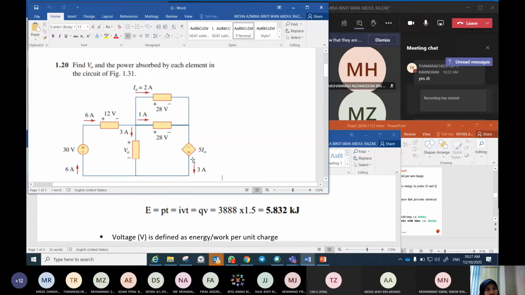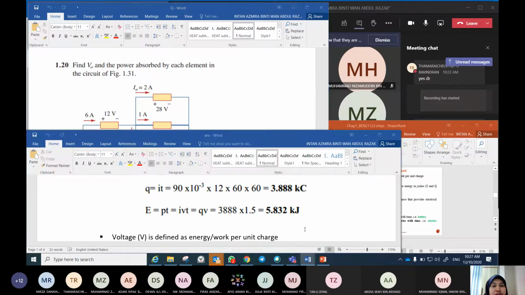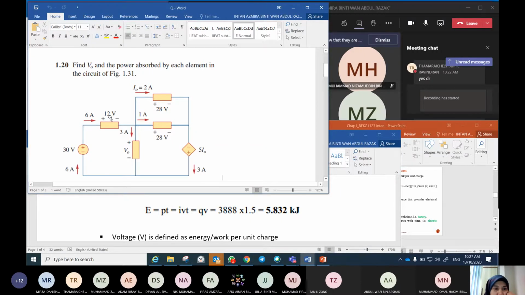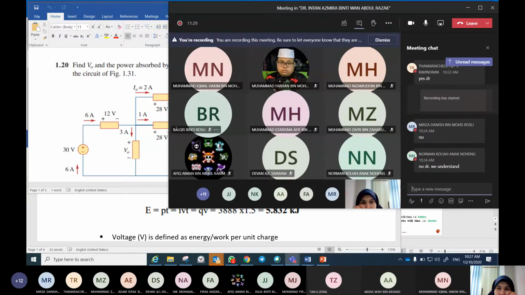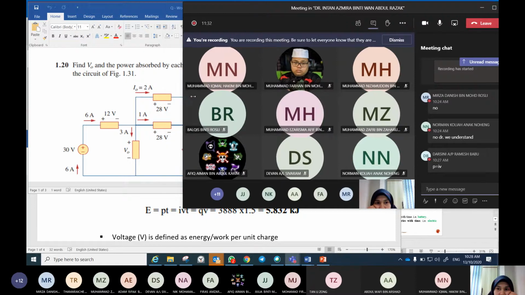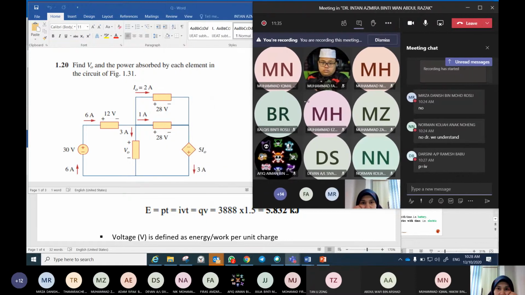Okay. So how to calculate V? How to find the V, and then how to find power. P is equal to, we have three formulas of P. Okay, please someone type the formula here. What is the formula of P? P equals to IV. Yes, we have three formulas of P. P equal to IV, and then